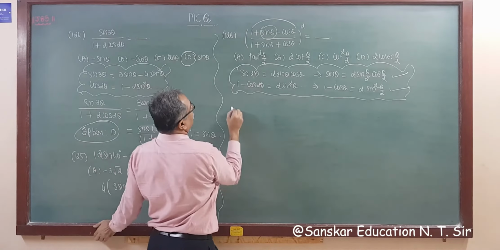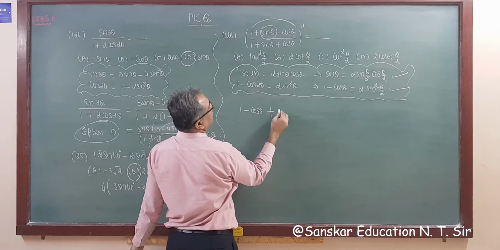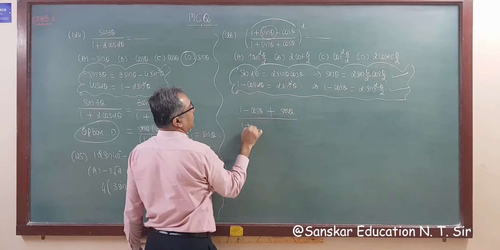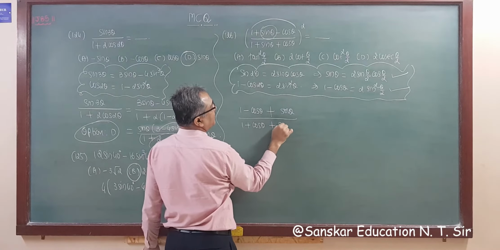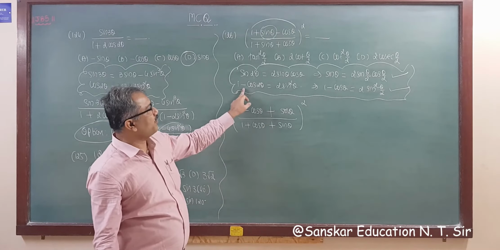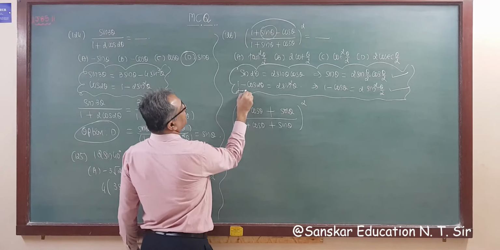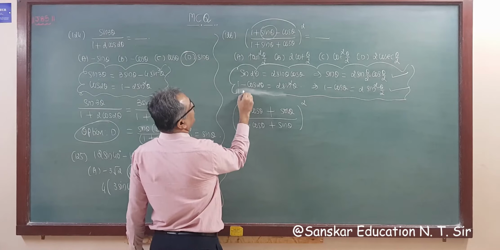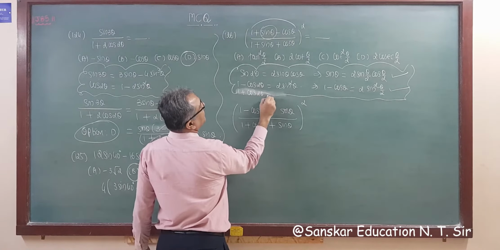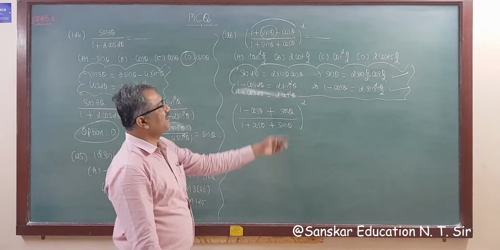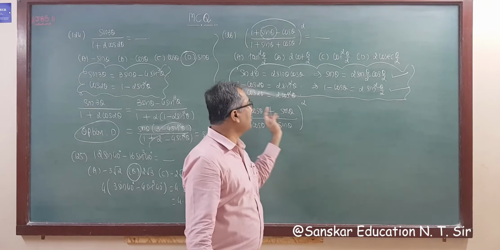right? So here I am writing these together. So (1 minus cos theta plus sin theta) whole upon (1 plus cos theta), we forget this formula also, whole square. This is our given. Now 1 minus cos 2 theta is 2 sin square theta, then 1 plus cos 2 theta, right? This formula you know. So 1 plus cos 2 theta is 2 cos square theta, right? So similarly we get here 2 cos square theta by 2. So I am not writing here.